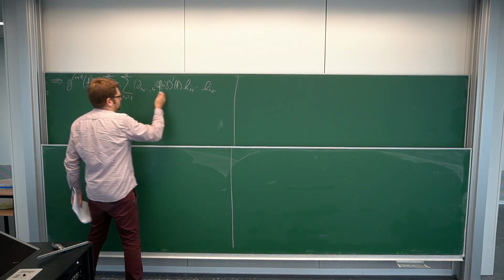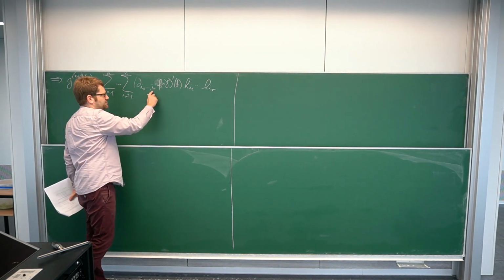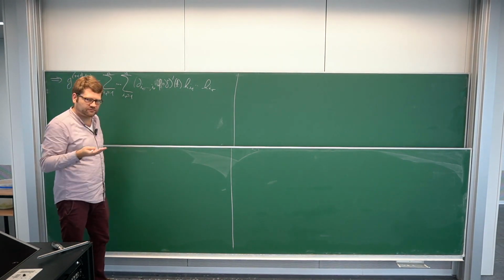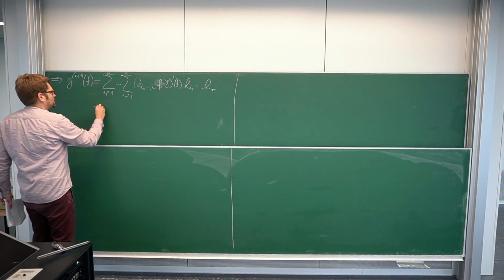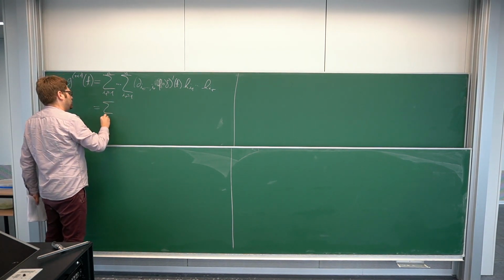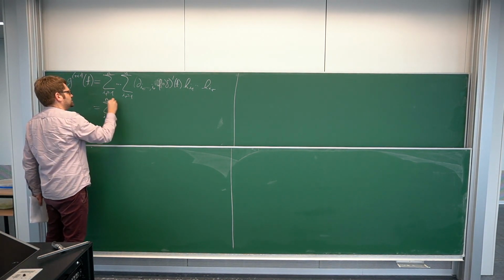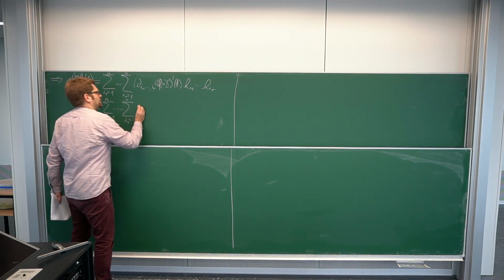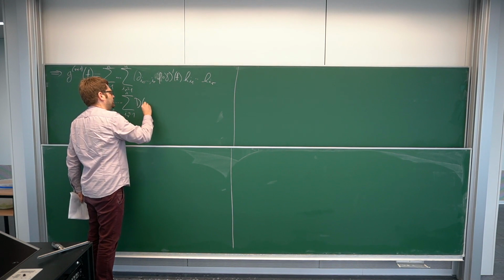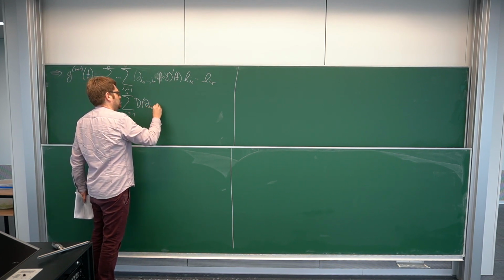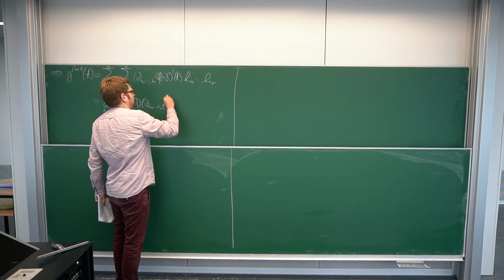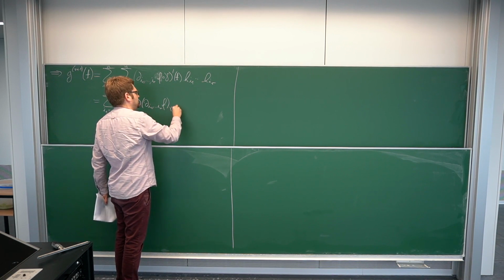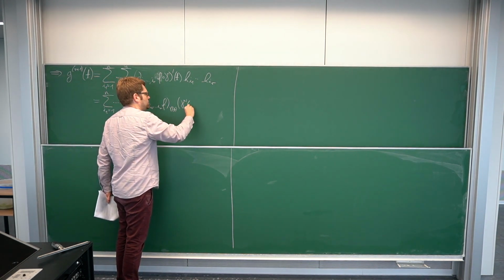And now again, this is a composition of a curve and a function from a subset of R^n to R. So we can again use the very same formula as before. So this is the same as this big sum of d of ∂I1 to Ir f in the point gamma of t applied to gamma prime of t,